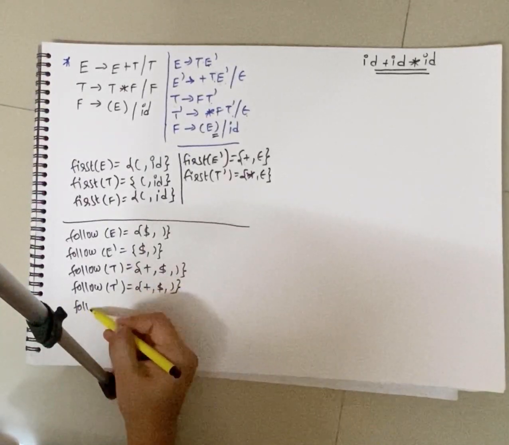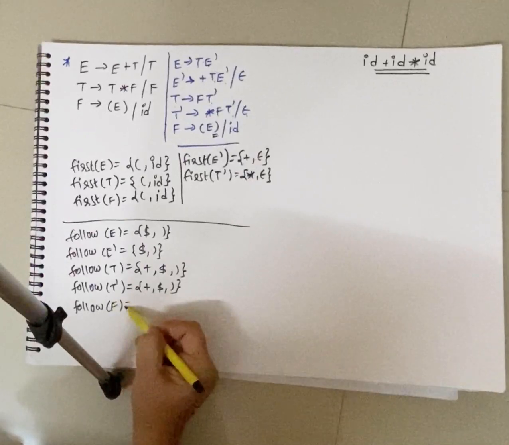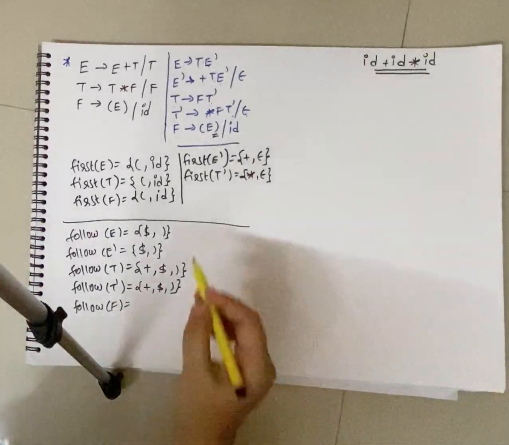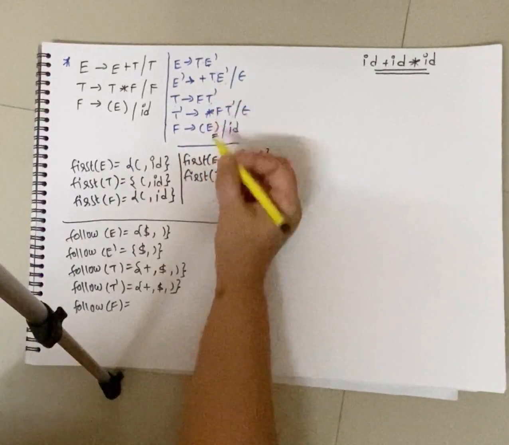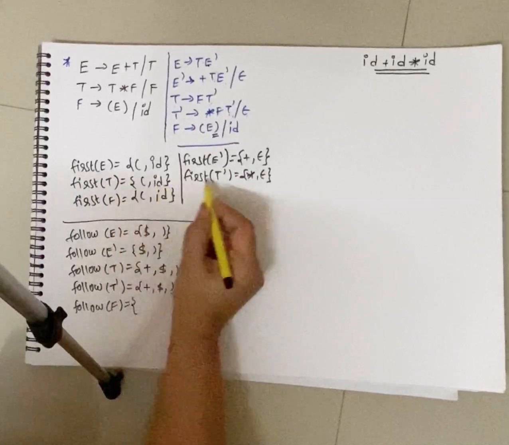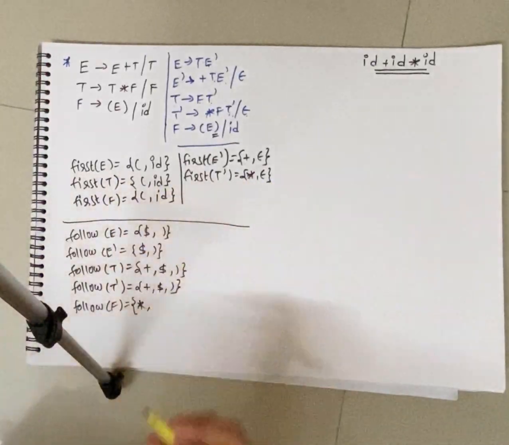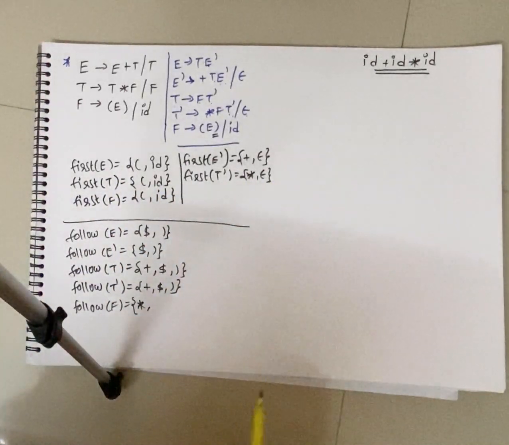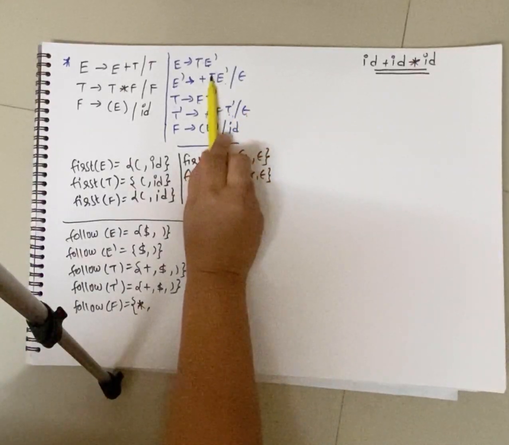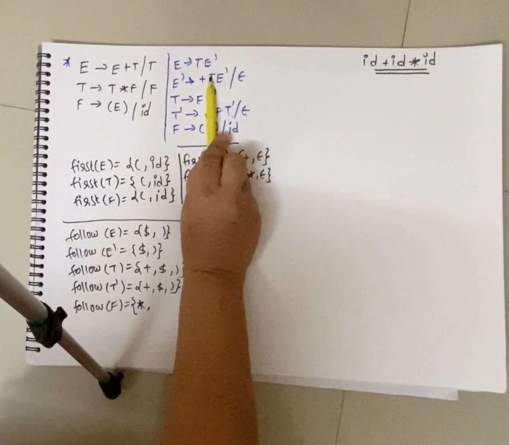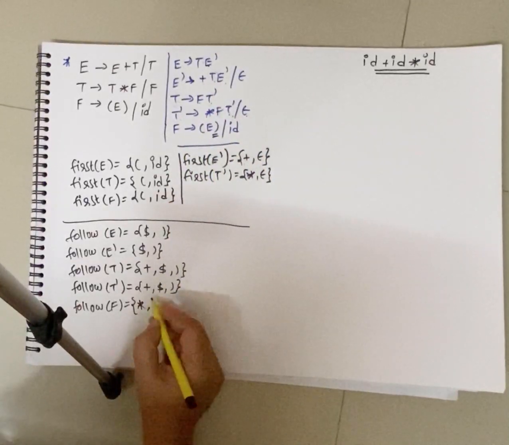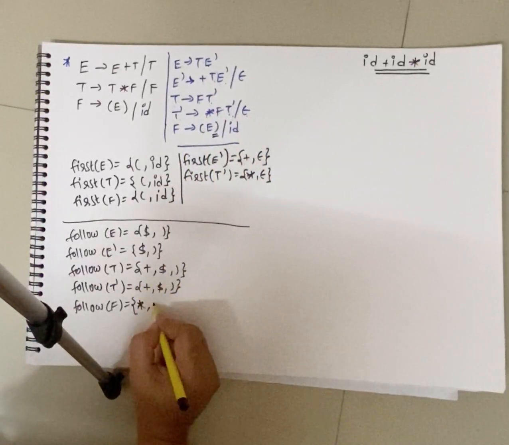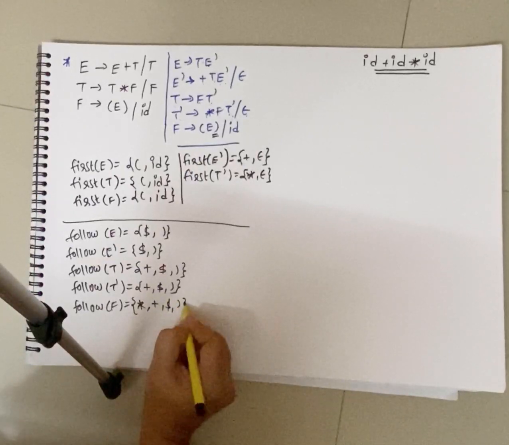Now follow of F. What is follow of F? If you observe, F appears in two positions, after which you have T dash. So that is first of T dash. What is first of T dash? It is star and epsilon. If you consider epsilon, then replace T dash by epsilon, so after F you have nothing. In this case, follow of F is going to be follow of T, and follow of T dash. Both are the same. So follow of T, that is star, plus, dollar and closing bracket, is going to be the